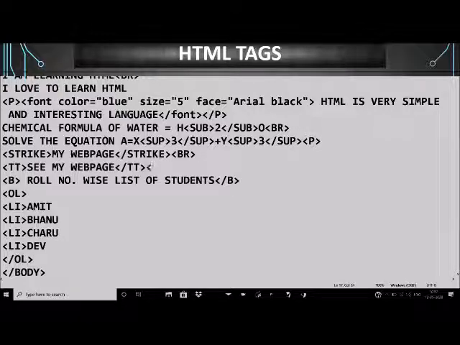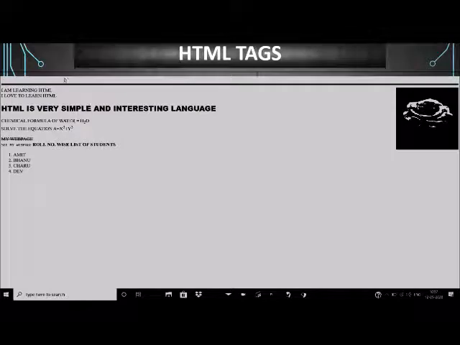Here I'll give BR, and then we will save it. We will refresh. See, this is the roll number wise list of students, and these are the roll numbers 1 2 3 4. So it is appearing in this order.